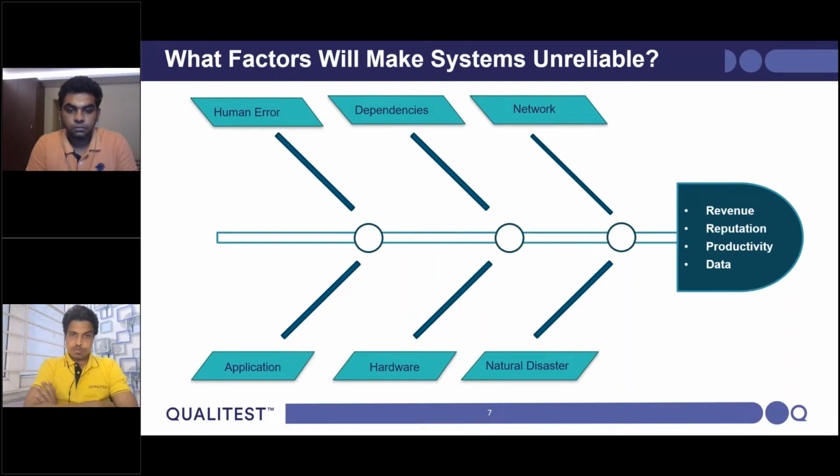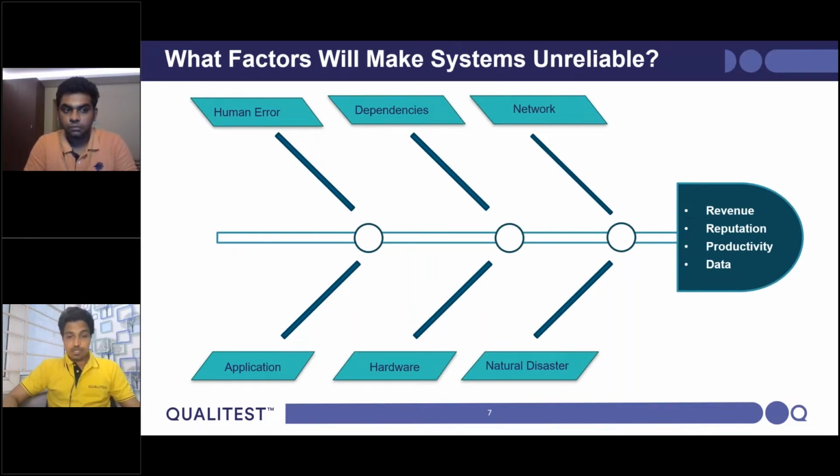Same way, application, I don't want to go line by line, but yes, there are multiple issues. It could be at a code level, configuration level, maybe a software compatibility issue. On top of all these issues that are under our control, there are certain factors which are totally out of our control, which are natural disasters. It could be a fire, it could be a cyclone. We cannot avoid these natural disasters, right? So there are a set of human-made errors, and a set of natural disasters which would eventually cause outages.